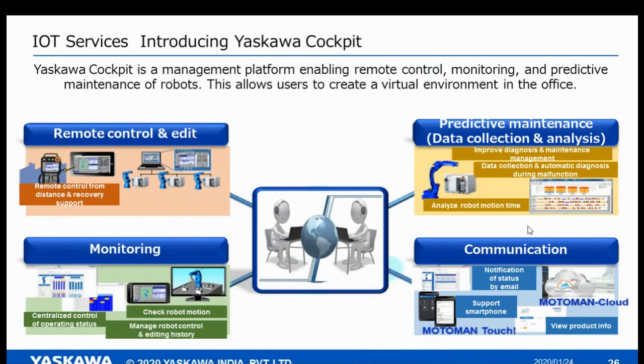And he can check each particular robot: what has happened, what the log is, whether any problem happened, and when the particular robot's maintenance schedule is. We can even go a little more advanced, like robotic harmonic completely. We can check the life of the robot, how many hours it is running, whether the grease status is good, everything. Complete diagnosis of robots is also possible with our IoT. So our robots are equipped for the current Industry 4.0.